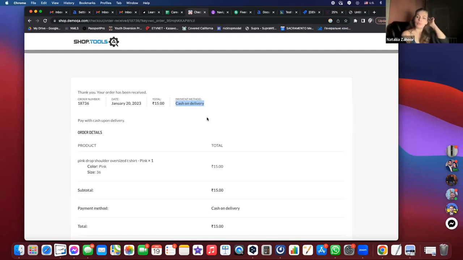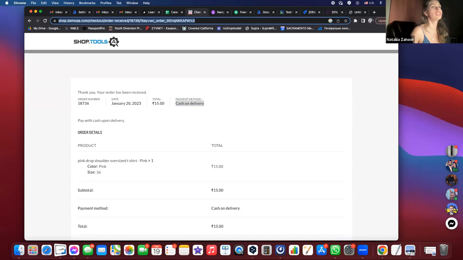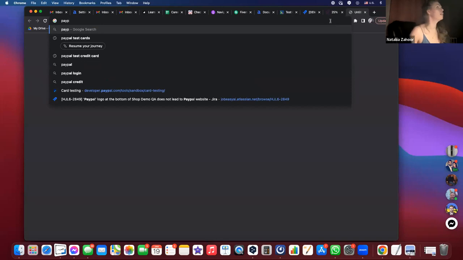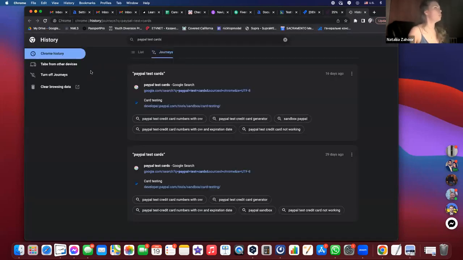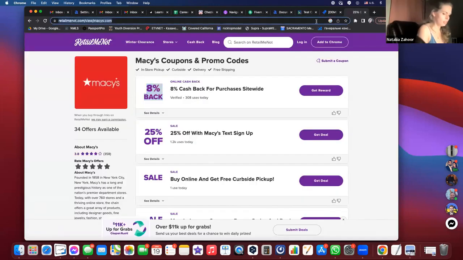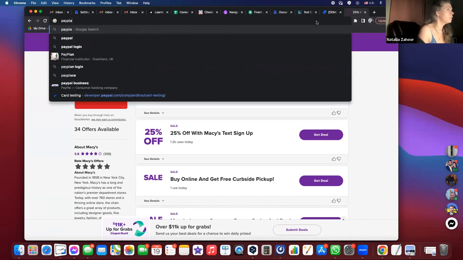Okay, good. So what I was saying is that if you have to deal with card testing, then there is a way to get card numbers which everyone is able to use. It doesn't matter which company you're at, because the cards are located here. If you go to, oh, no, not here, I'm going to just start new. If you go to PayPal test cards, you will, wow, sorry guys. PayPal